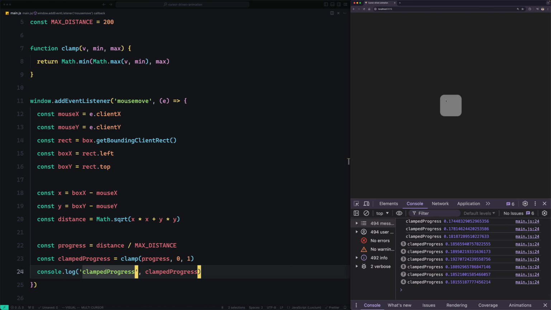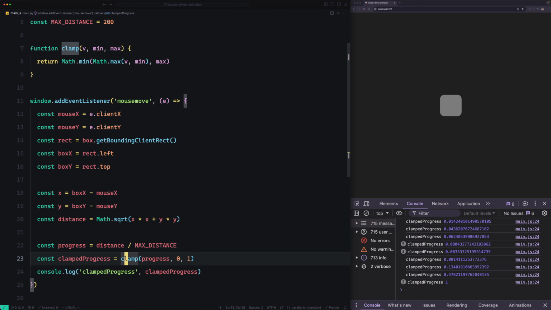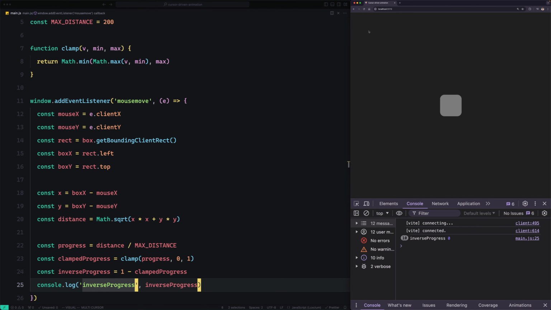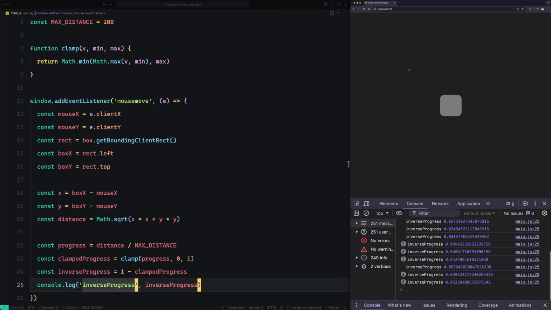The second thing we need to think about is how we can make it start from 0 to 1 instead of from 1 to 0. Actually, we can do that simply by finding the inverse of the progress value. And that's simply by saying inverseProgress equals 1 minus clampedProgress. Let's log this and let's try that. So it's gonna be 0 until we hit the 200 pixels, and then it will increase until we get to